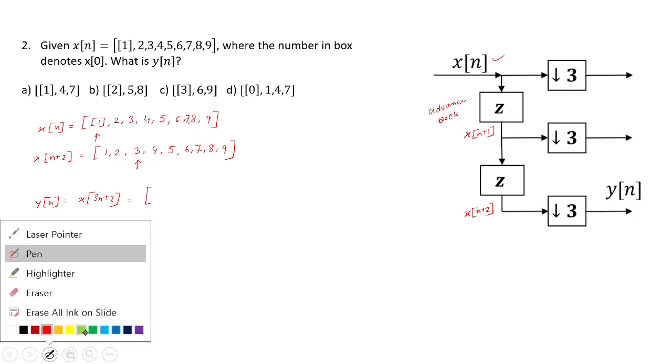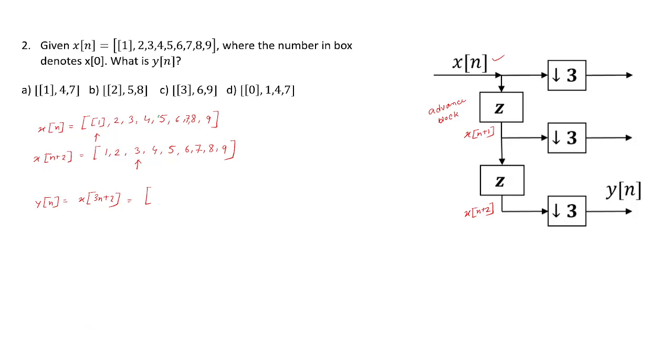Let us denote which samples we are going to keep and which samples we are going to discard. Downsampling by a factor of 3, as we have seen in lectures and previous problem solving sessions multiple times, that